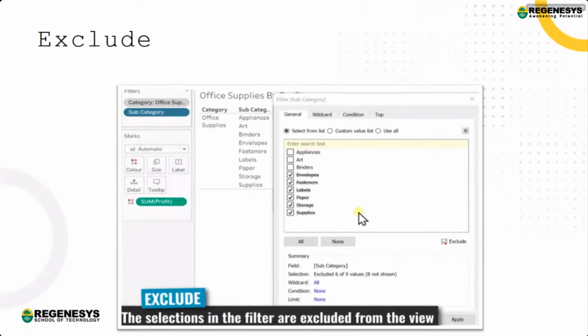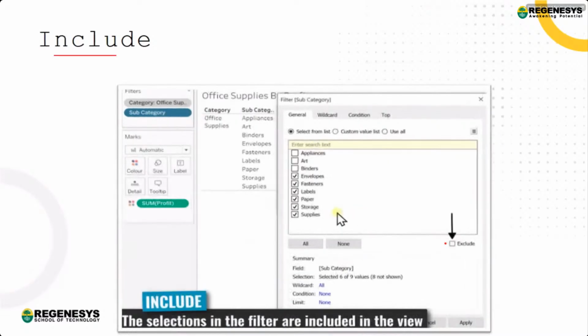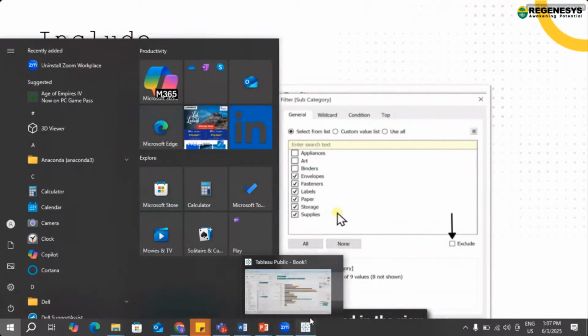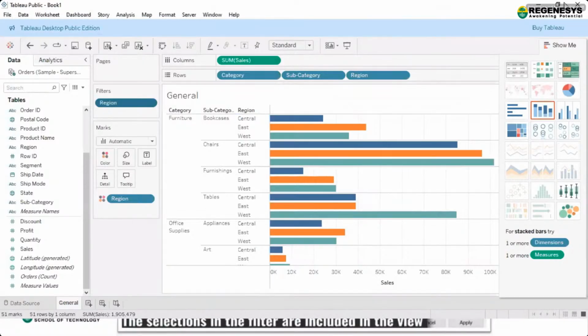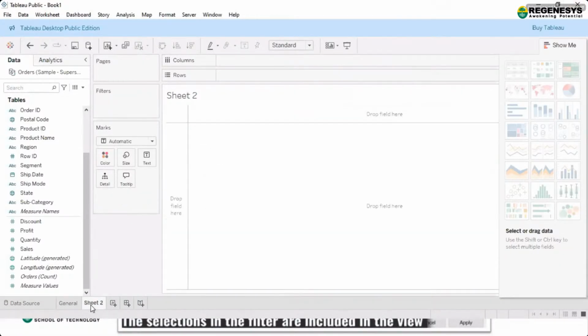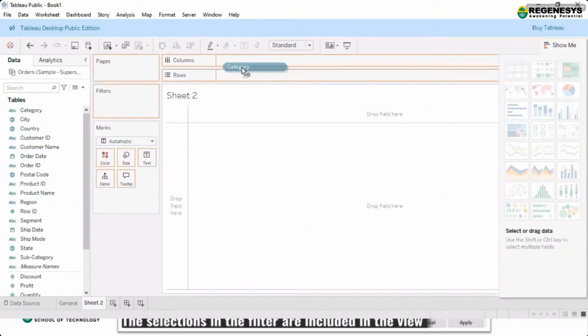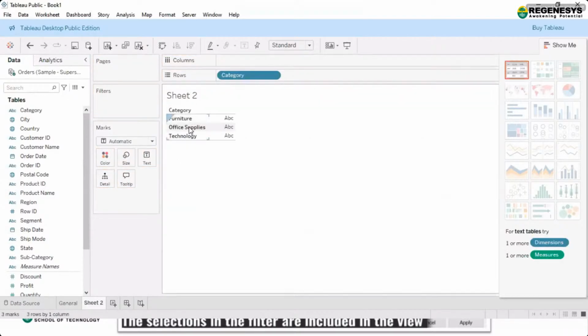And now, let's say, for example, I'm doing it for date also. So let's say a new sheet, and on the new sheet I will take category. Now this is on the context level, right? So I have taken category and you can see three categories are available.